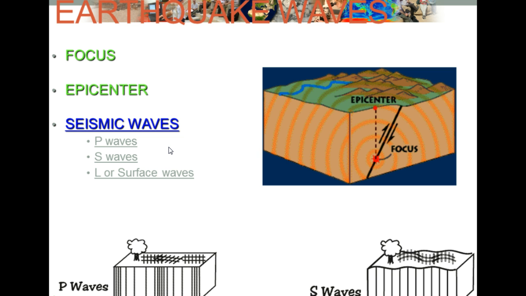So take a look at this picture and let's describe the action of these kinds of waves. First, P waves. P waves create the back and forth movement of rock and can travel through solid, liquid, or gas. Write that down. So you see the P waves now down here. So there are back and forth movement. S waves, like you see here, create the sideways movement of rock and can only move through solids. Get that in your notes.